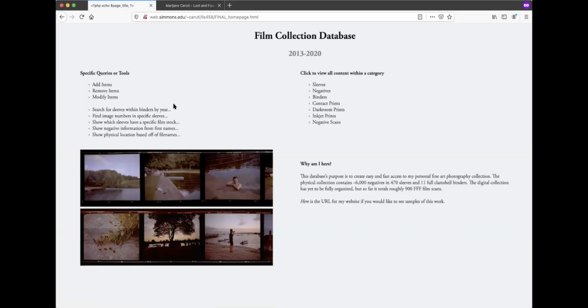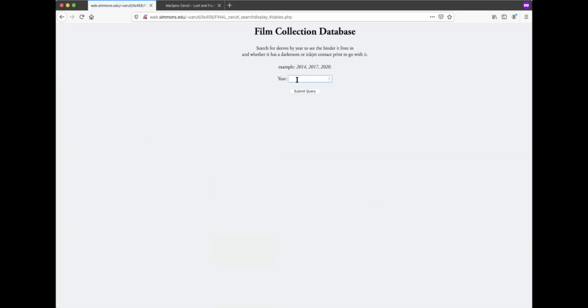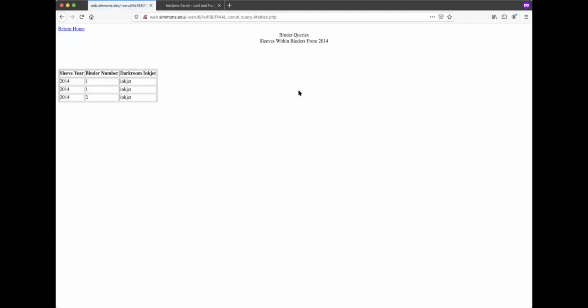But if you're looking to do something a little bit more robust, what we can do is search for sleeves within binder by year. So if you wanted to see what sleeves were shot in a specific year, this would tell you what binder you could find them in. So let's put 2014, and then we can see,